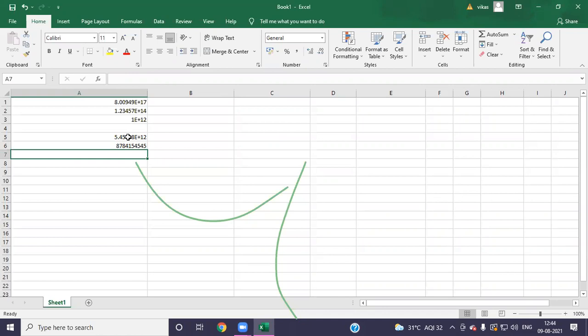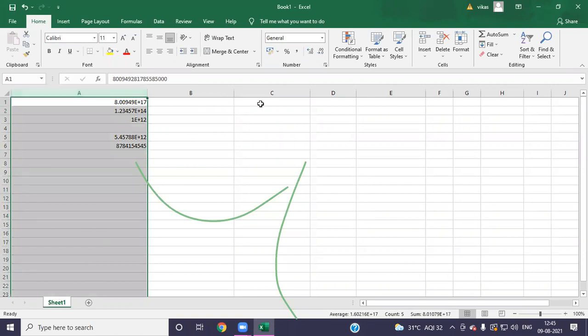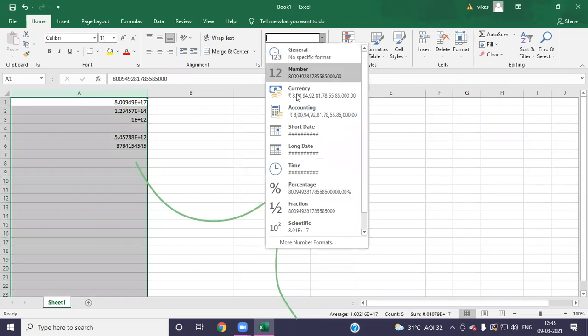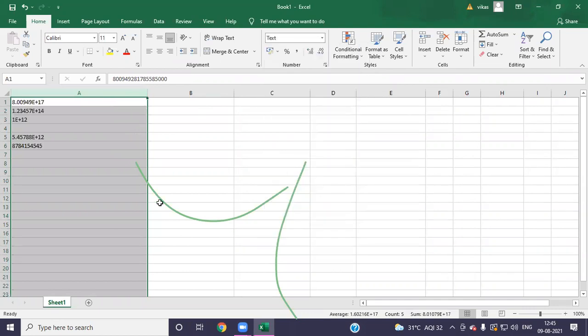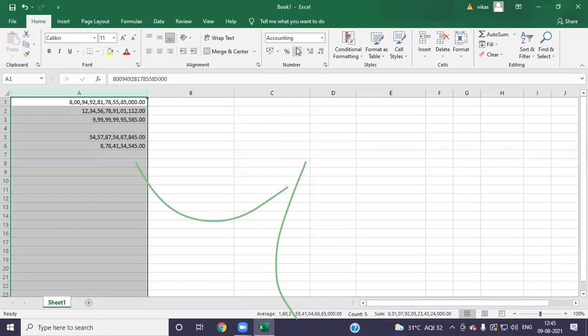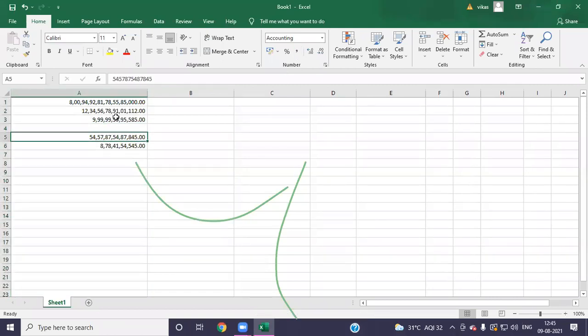So if we have very big numbers, we cannot represent them as numbers. We will represent them as text. So what we will do is select the whole column and click on this comma, or we can select text here. Look here. After that, all values came into their original format. But which type of values are they? They are text values. If you add them, the result will not come.